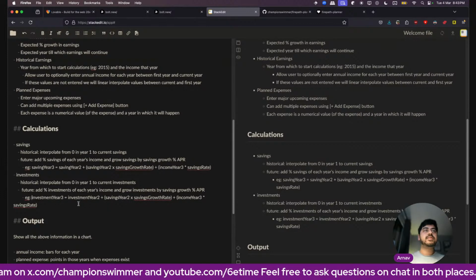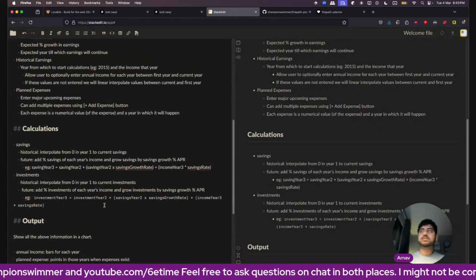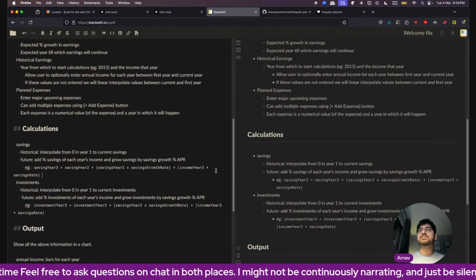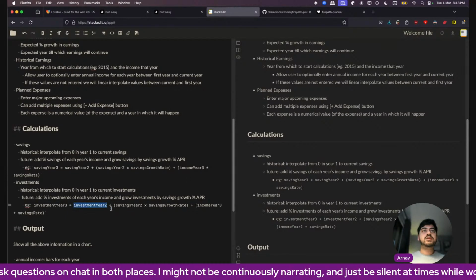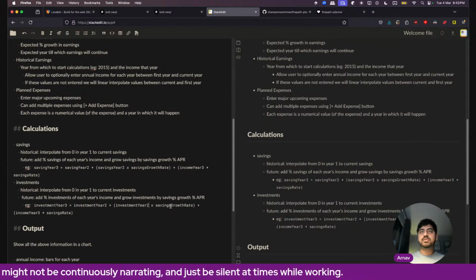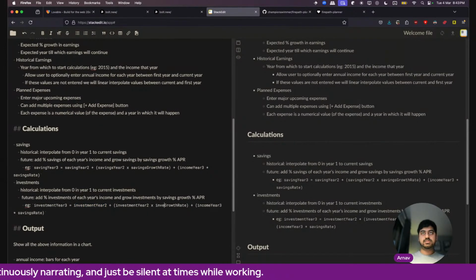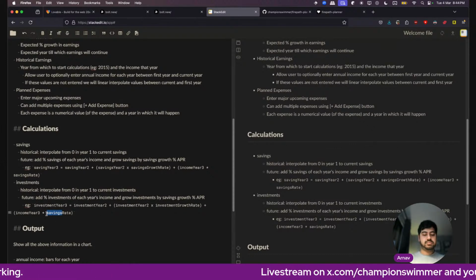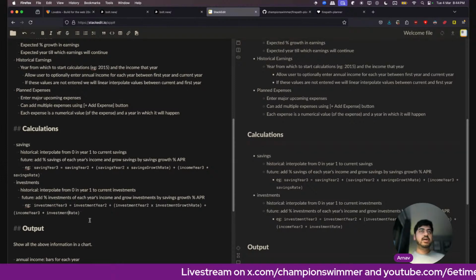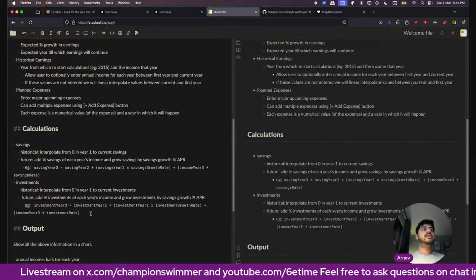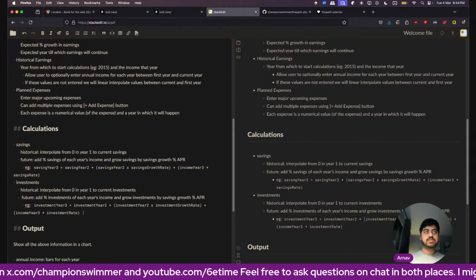I think I should put it in code like this. Okay, like this. So that's how investments will grow.